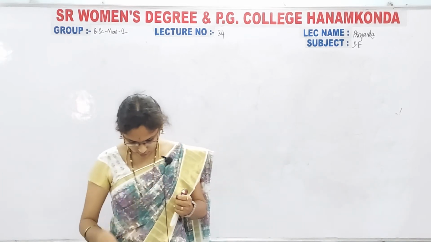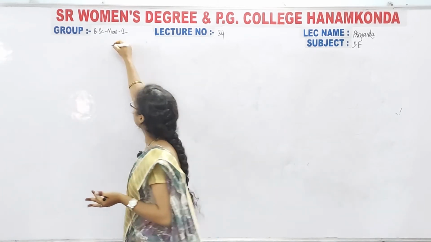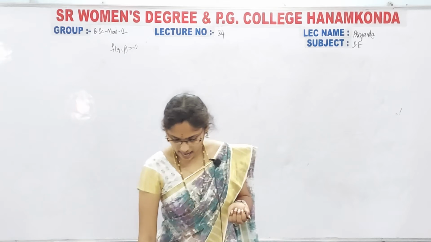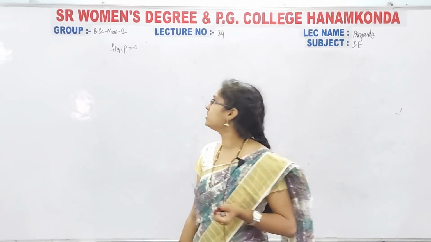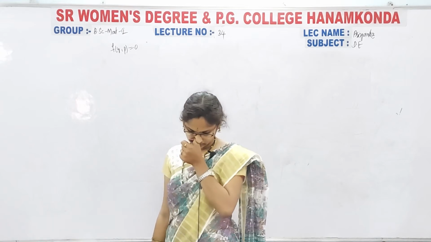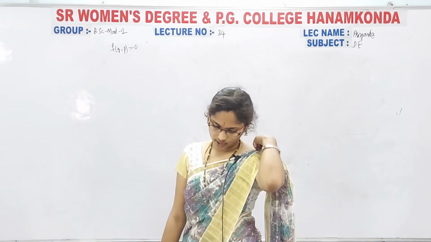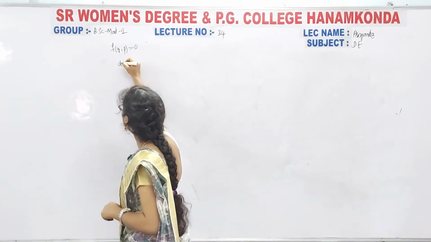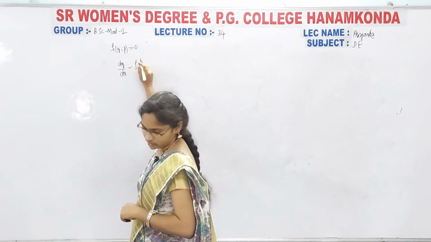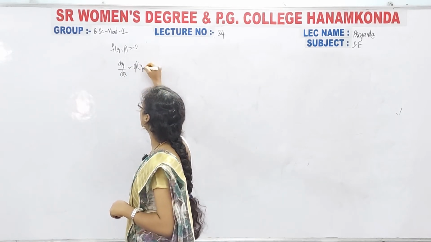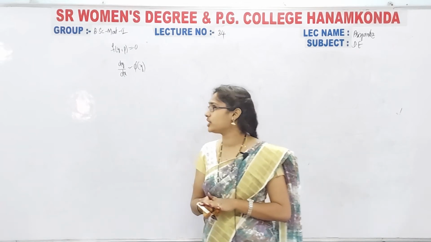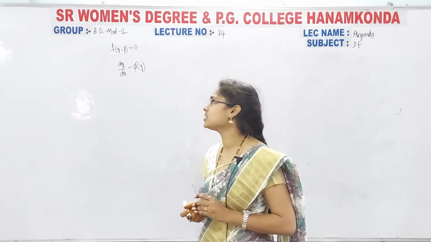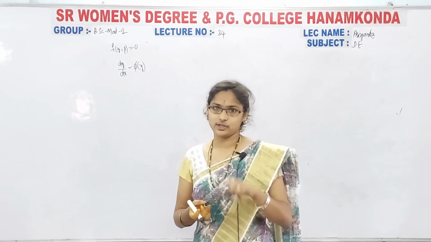Now write down, if the equation has the form f of y comma p equal to 0 and is solvable for p, it will give dy by dx is equal to pi of y. If we differentiate it with respect to x, then we will get like this. That is the concept of the equation solvable for p.